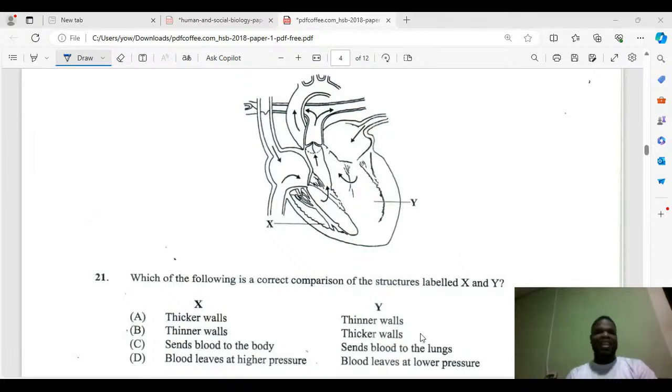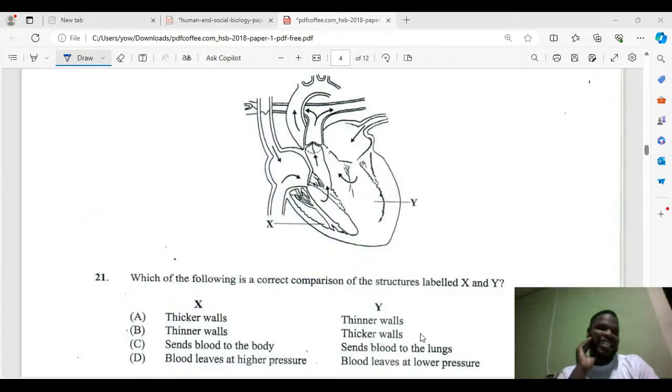So you're saying X have thinner walls, Y has thicker walls. C, X sends blood to the body, while Y sends blood to the lungs. Blood leaves at higher pressure. Then they're not trying to make this difficult. So it is B,